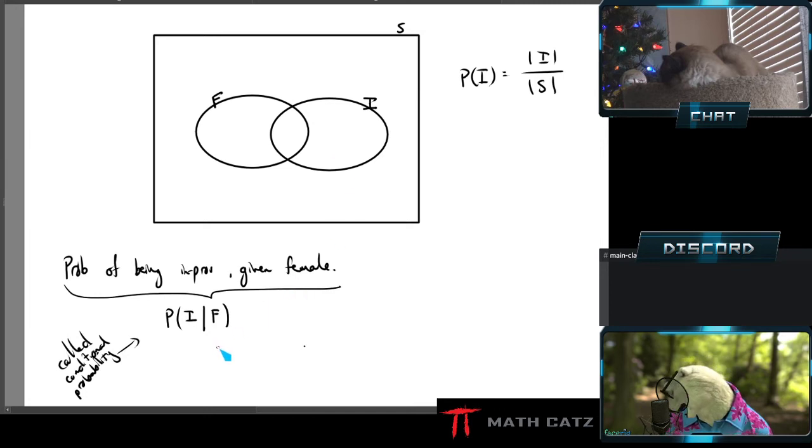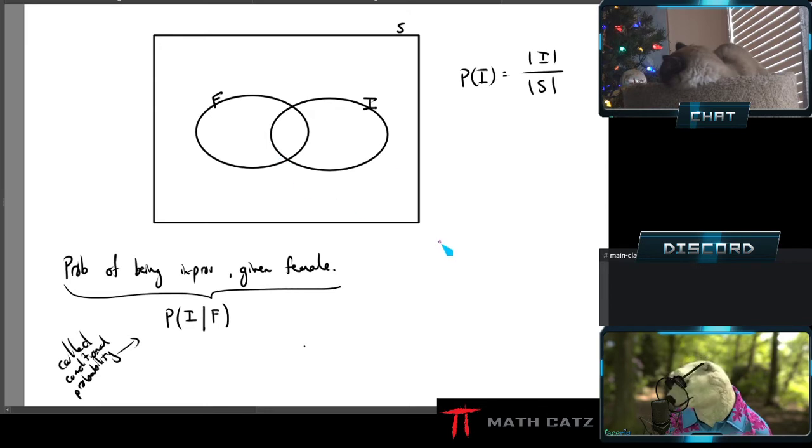But now that's not the case here. Now they tell me extra information that I can use, I can exploit. It's a fact. It's not up for debate. The person selected was female. Now all that matters is the female circle.